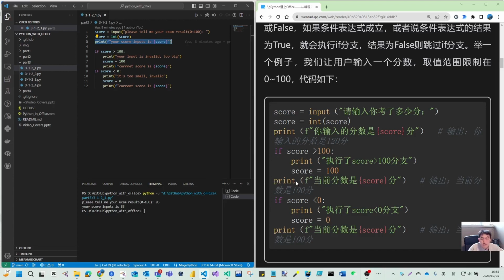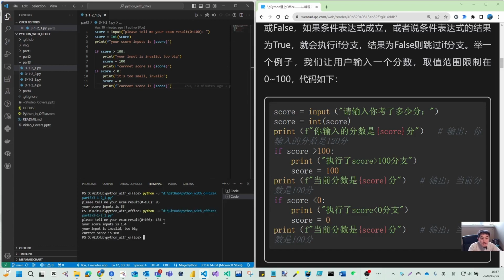Do you remember this f means format print? So you can put this variable, then it reads out what this score means. So let's run that again. So now I gave it